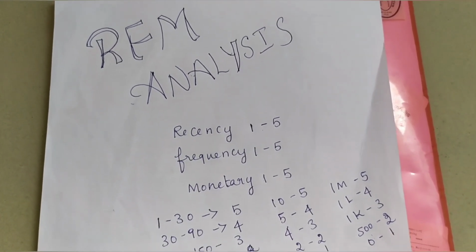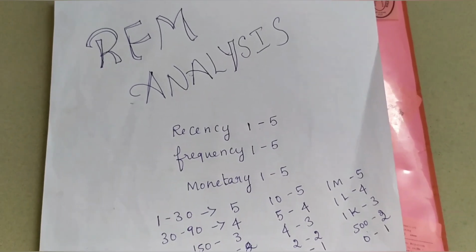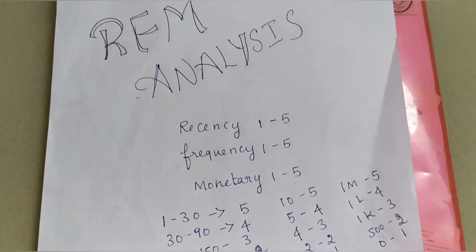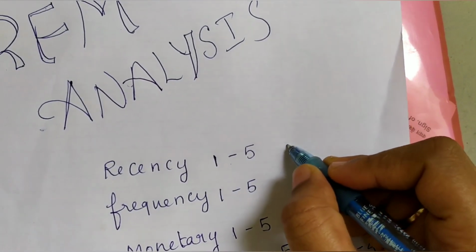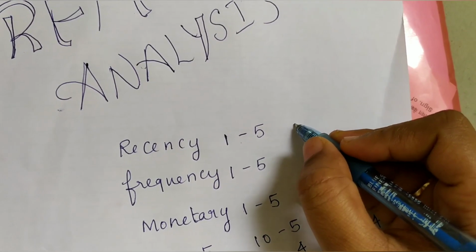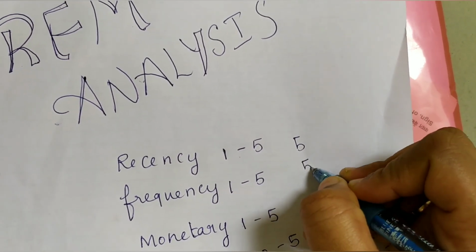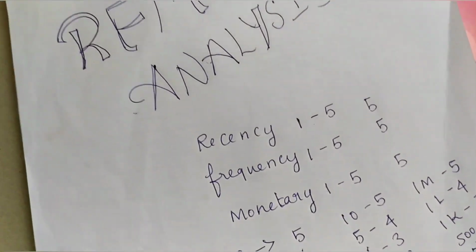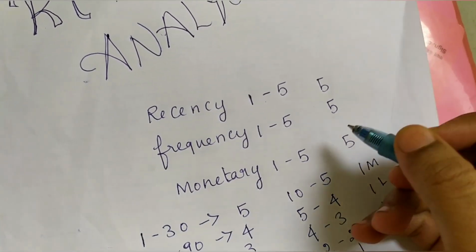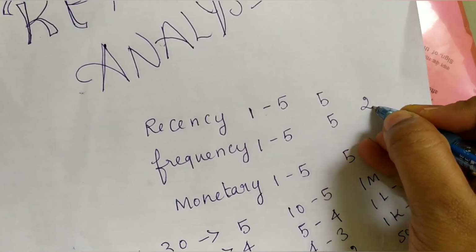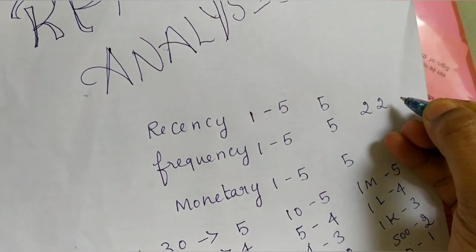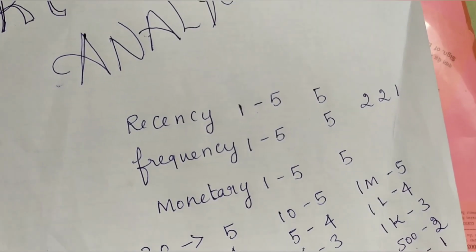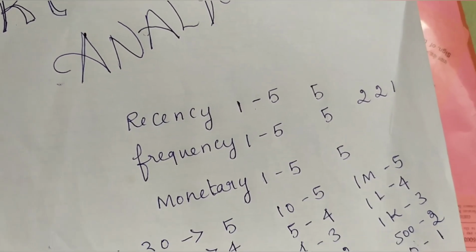So recency, frequency and monetary will bring the customers into certain RFM cells. The customer who has all 5 points, where R is 5, frequency is 5, and monetary is 5, is the best customer. If the customer has very low values, like recency 2, frequency 2 and monetary 1, he is the customer you have to promote a lot and encourage to do a lot of transactions.